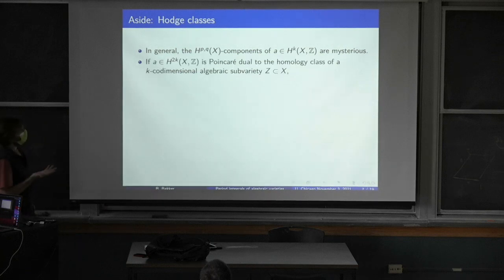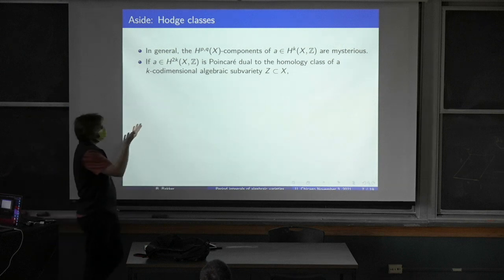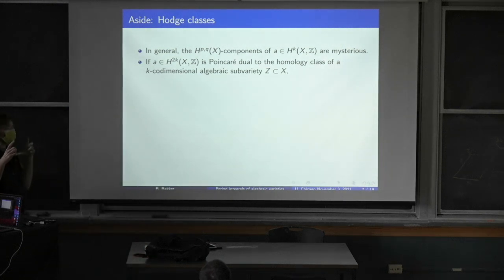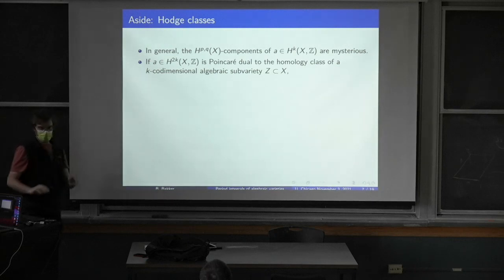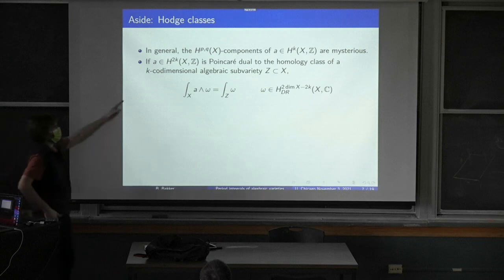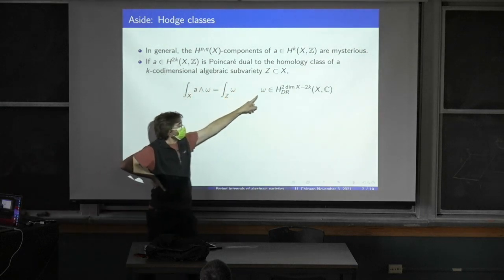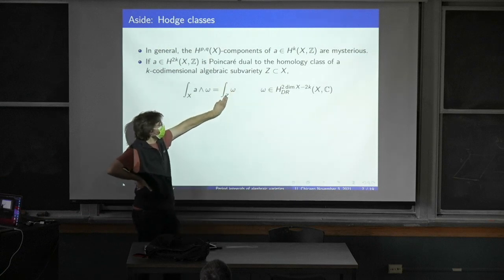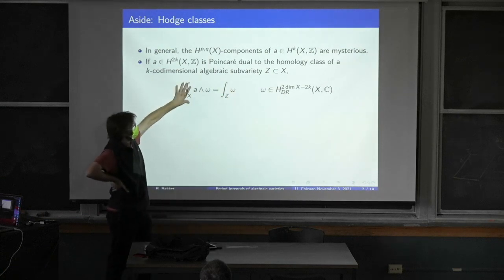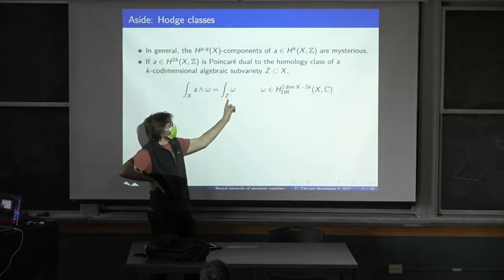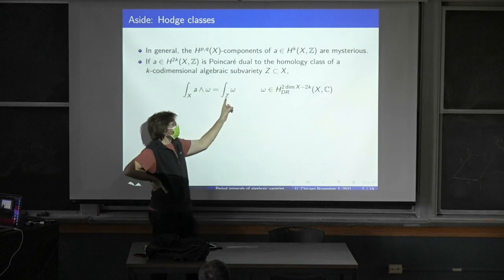One thing that is true is if I take a cohomology class which is Poincaré dual to the fundamental class of some k codimensional algebraic subvariety, then we know exactly what the PQ components are. Namely, what does it mean to be Poincaré dual? Well, it means integrating a complementary dimension form along the subvariety Z is the same as wedging with A and then integrating. And if Z is a holomorphic subvariety, so it only has dim X minus k